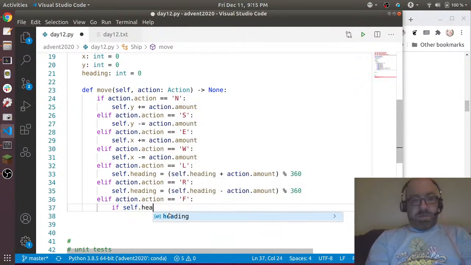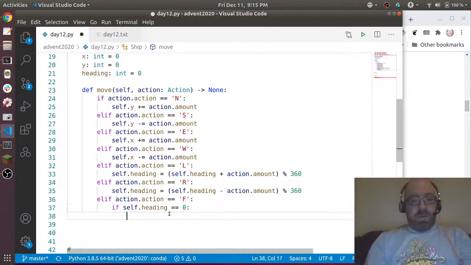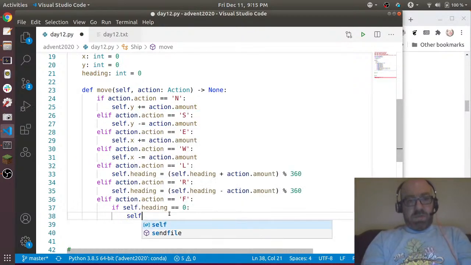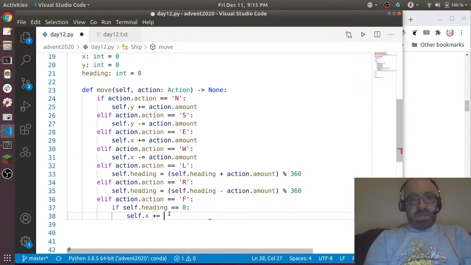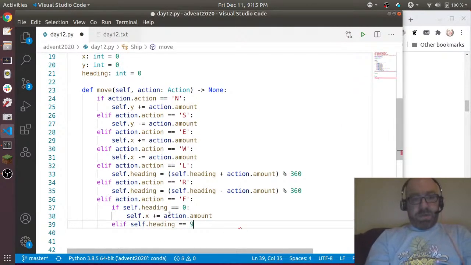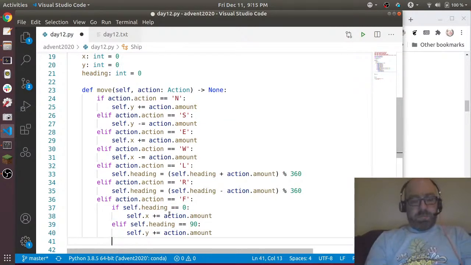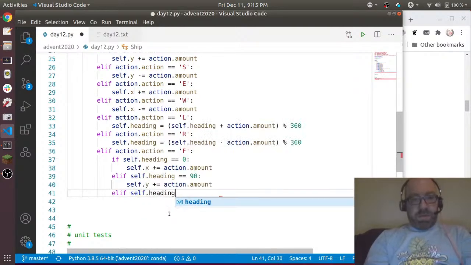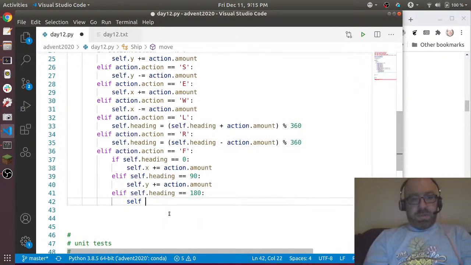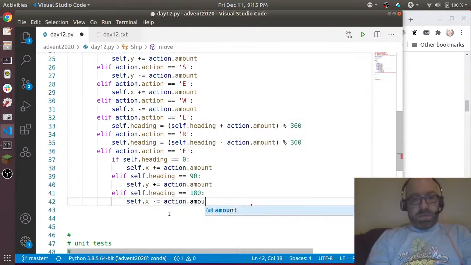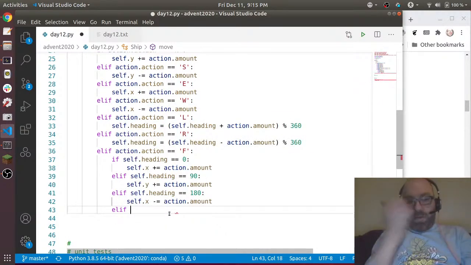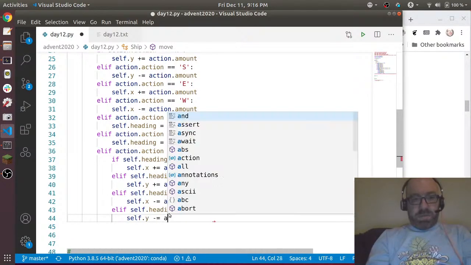So okay, now we say if self.heading equals 0, self.x plus equals action.amount, elif self.heading equals 90, self.y plus equals action.amount, elif self.heading equals 180, self.x minus equals action.amount, elif self.heading equals 270, self.y minus equals action.amount,